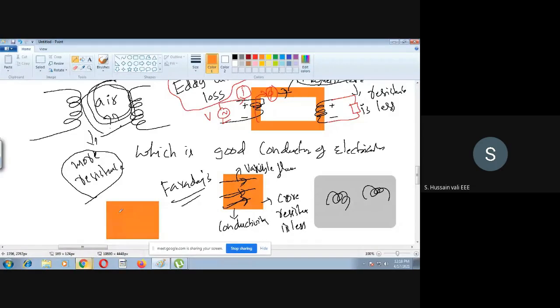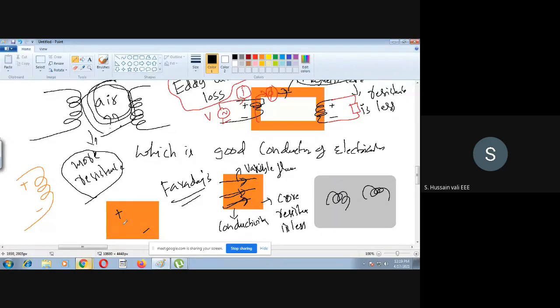What does that mean? It means one point is having higher potential, the other lower. Just now you see here in the winding, EMF is induced in the sense, one point you have higher potential, the other point you have lower potential. Which one is higher and which is lower depends upon Lenz's law. But forget about that. One thing is sure, one point will be positive, the other point will be negative. So here also in the magnetic core, one point you may have positive, the other point you may have negative.